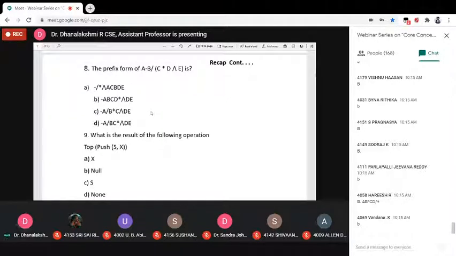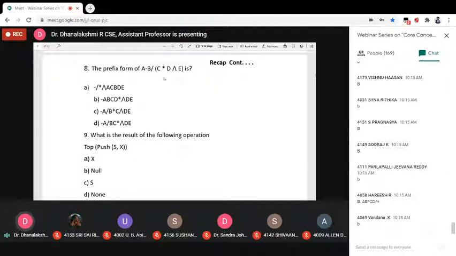The prefix form of, you have to consider this one. Okay. A minus B slash open parenthesis C asterisk D, then cap symbol E, then closing parenthesis. Okay. Last class we discussed infix to postfix conversion. Then we discussed postfix evaluation also.